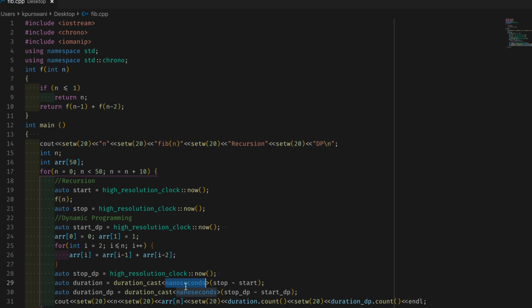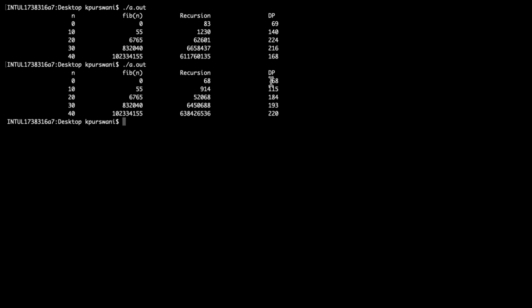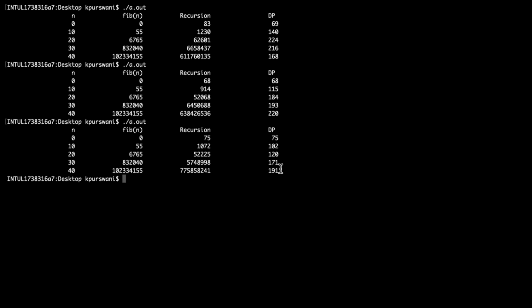Every time you run, there will be a little bit of difference according to the system time, because of the load on the system. But you can easily see the huge difference it is taking in recursion and in DP. If n values are really huge, like right now it is just 40, I can't even think of multiples. So now you know the advantages of DP.